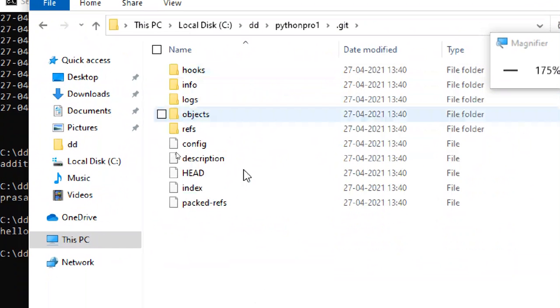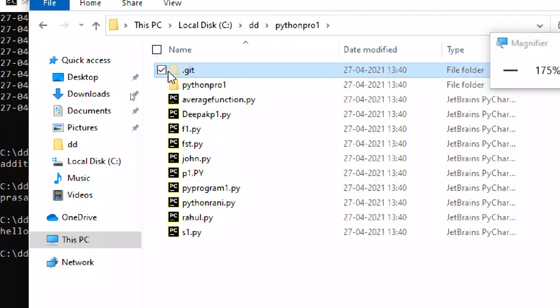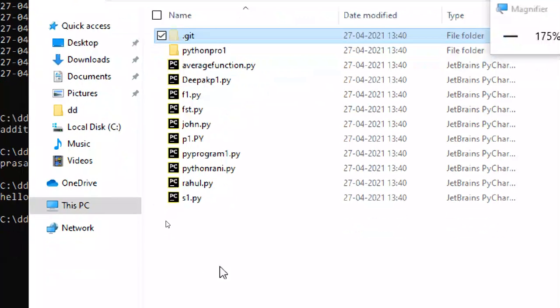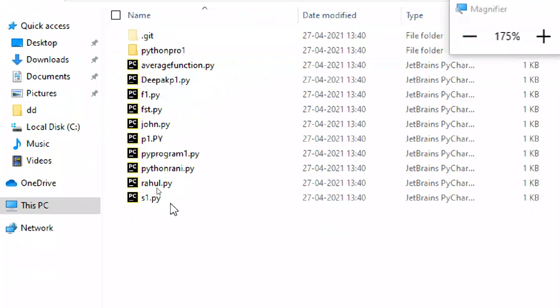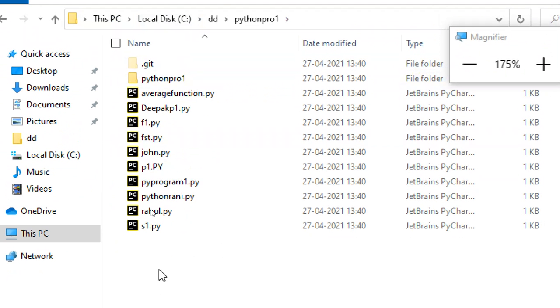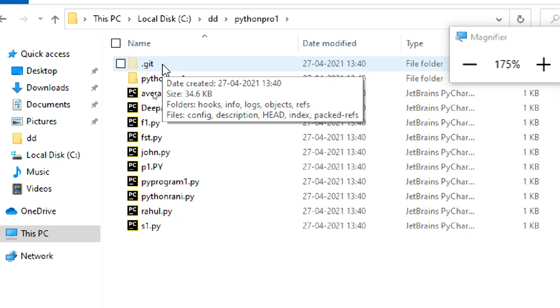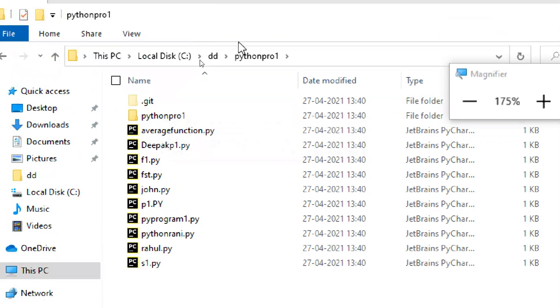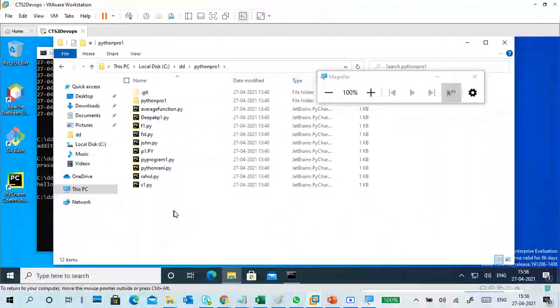This is Git. You can see some log files and all kinds of stuff. So this is the local repository. The .git folder is the local repository. If I add some file here, then I have to tell my Git repository that I added a new file. We have to add the information to the local repository. Once you add it, then you can push it. I will show you that practical now, then I will do it from the starting.